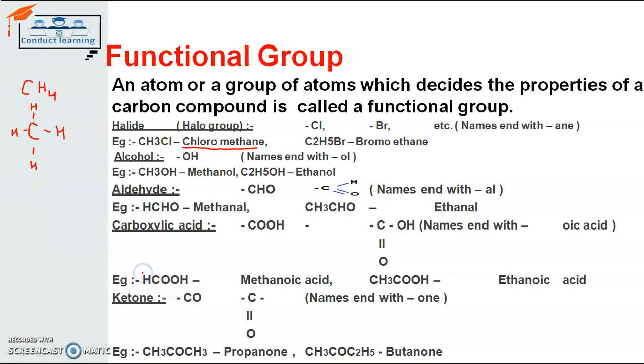So here we can see that in ethane, the chemical formula is C2H6. As we well know, the number of carbon atoms in ethane is 2 and the number of hydrogen atoms is 6. So if one functional group is added to the already existing ethane, it will become bromoethane. What happens with the ethane and how does it become bromoethane? Let's see. One of the hydrogen atoms in ethane is replaced with one atom of bromine. When it is replaced with the bromine atom, it becomes bromoethane.